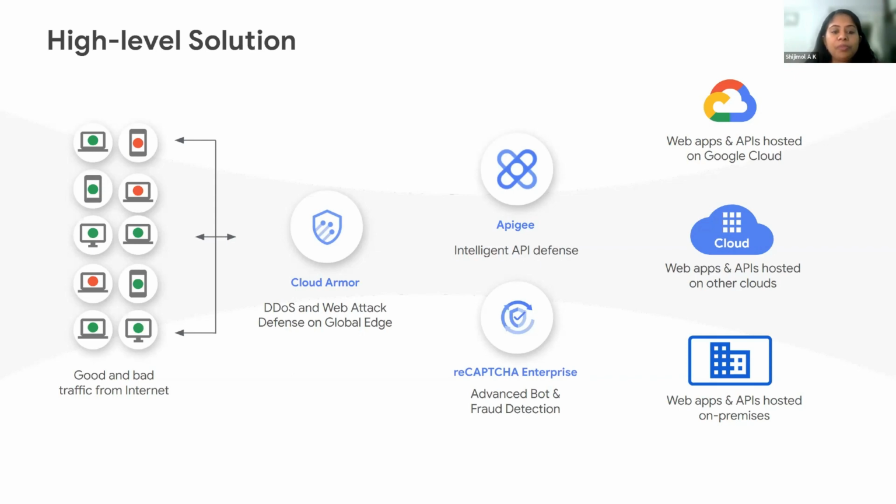But how do you trust your API usage? You are exposing the API. What if somebody uses that API to attack your environment? Using an intelligent API defense solution, there's a service in Google Cloud called Apigee. There is an API abuse detection feature that you can use. If somebody tries to use the API in a way that is not the intended way, say making too many requests or trying to access your data, that can be detected by the service. Next, misconfiguration: the API is configured in such a way that it can be exploited. That can be detected by an API defense mechanism.